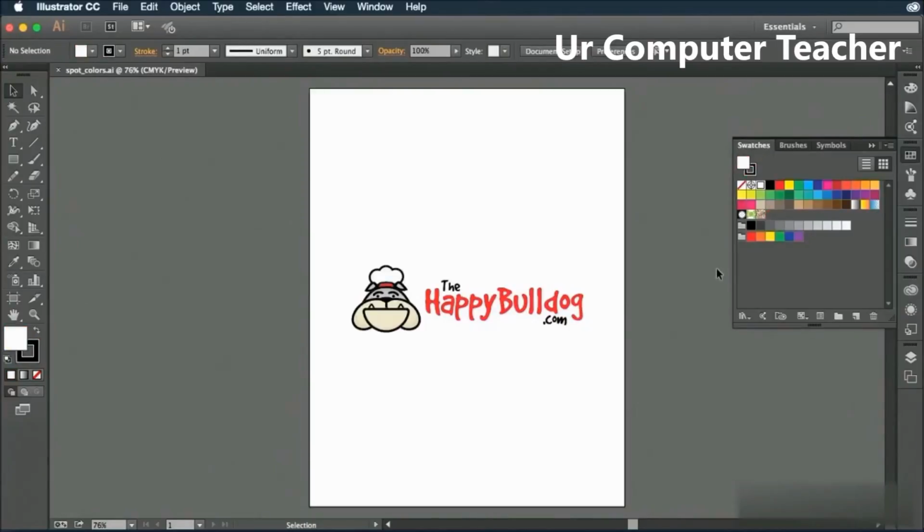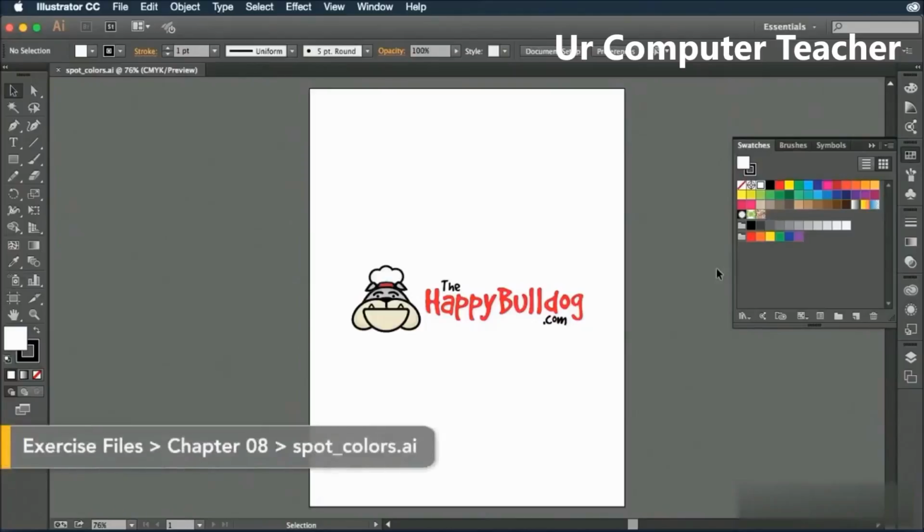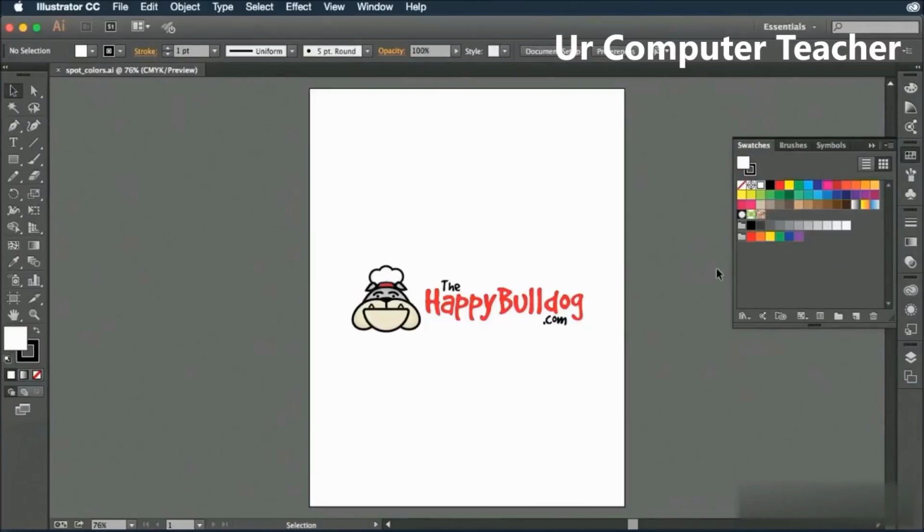Organization is one of the biggest keys to becoming a more efficient graphic designer. And in this movie, I'm going to show you how to get a little bit more organized in your swatches panel by using something called color groups. You can see inside of my swatches panel over here, these little folder icons. These are called